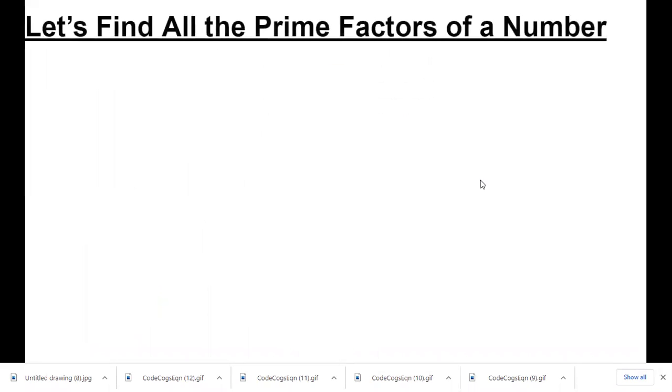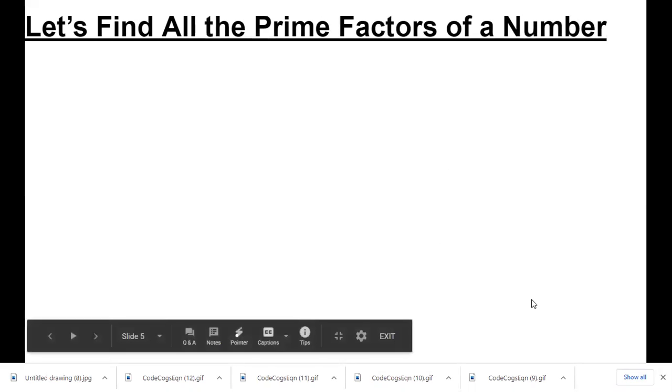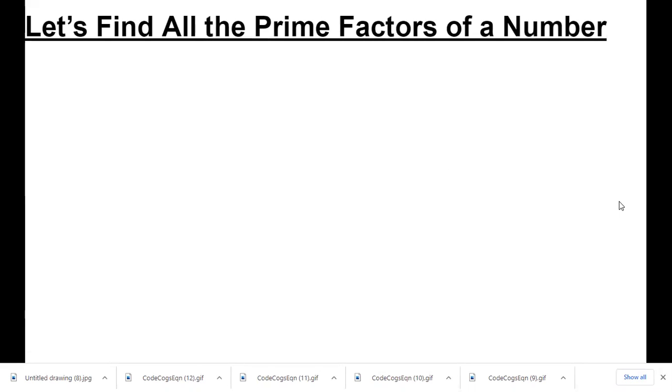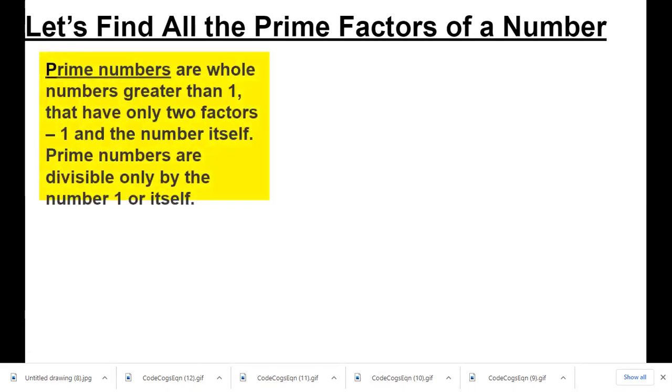Okay, welcome back. Let's continue. Let's find all the prime factors of a number. And I always find this to be fun. We did a little of this when we were finding greatest common factor earlier in the year. Prime numbers are whole numbers greater than 1 that have only 2 factors, the number 1 and the number itself. So for example,